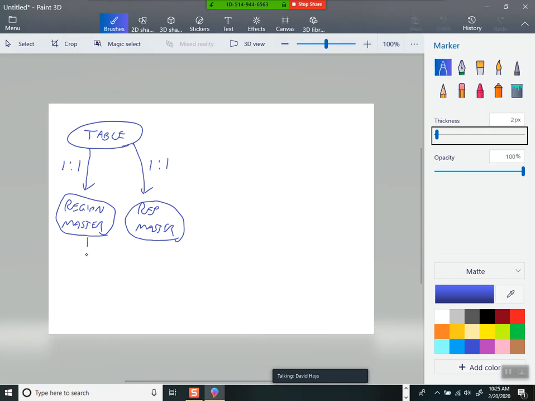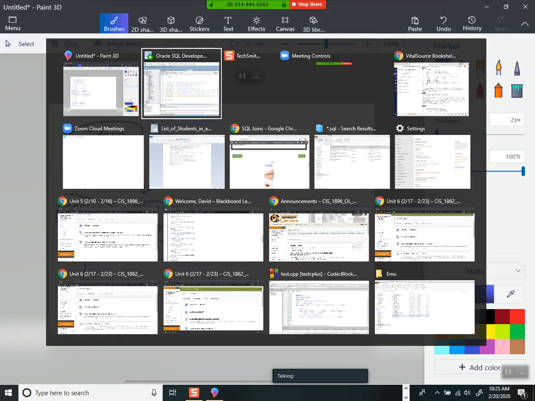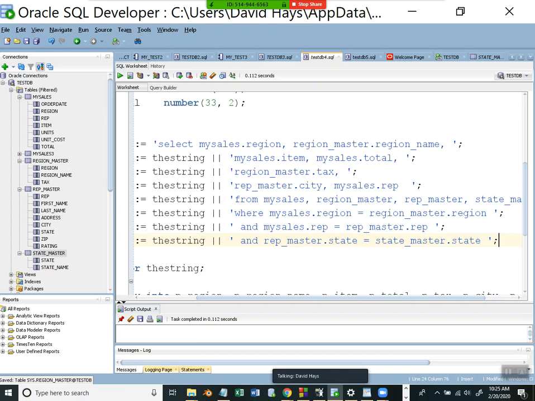From region master, then, we were going to the state master. And the idea would be there'd just be one item there. Now, part of the problem is your SQLs get too complex,